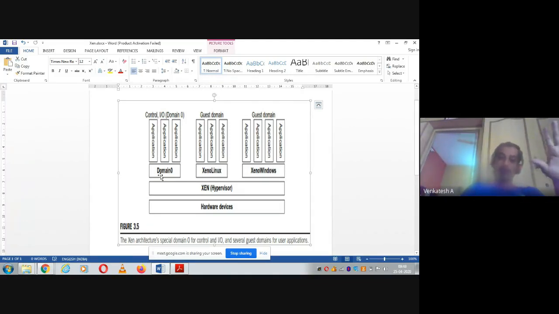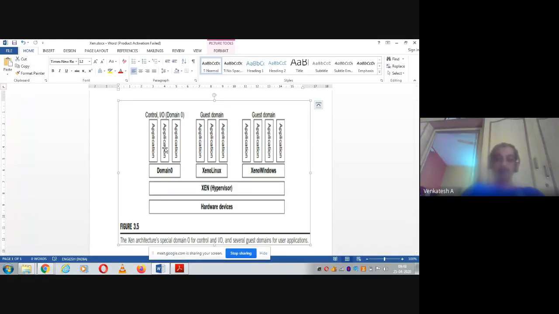So this can be some operating system, let it be any operating system. This will act as the controller, which in turn is responsible for allocating resources to Linux and Windows. So here Linux and Windows are called domain U, whereas the first VM guest operating system, let us assume it as Ubuntu, is called domain 0.